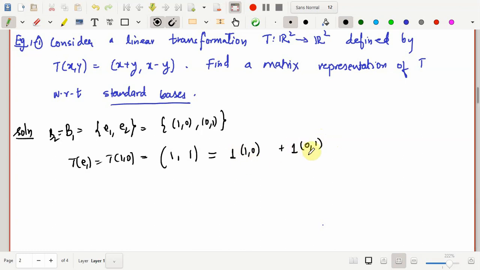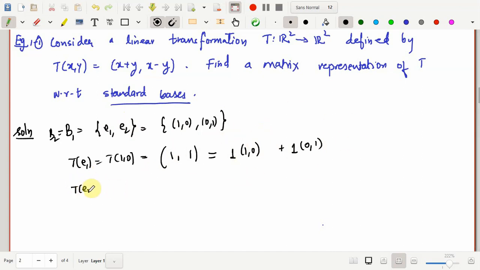1 and 1. Because the first coordinate is 1 here, so you just have to multiply that 1, and the second coordinate will become 0, so that you have to add to this coordinate. So again the second coordinate here is 1, so you multiply by that scalar. If these bases were different, then this would have been a different story. You might have to put some unknowns, and then you'll have to find the scalars. But since these are the standard, it's very simple to compute the scalars.